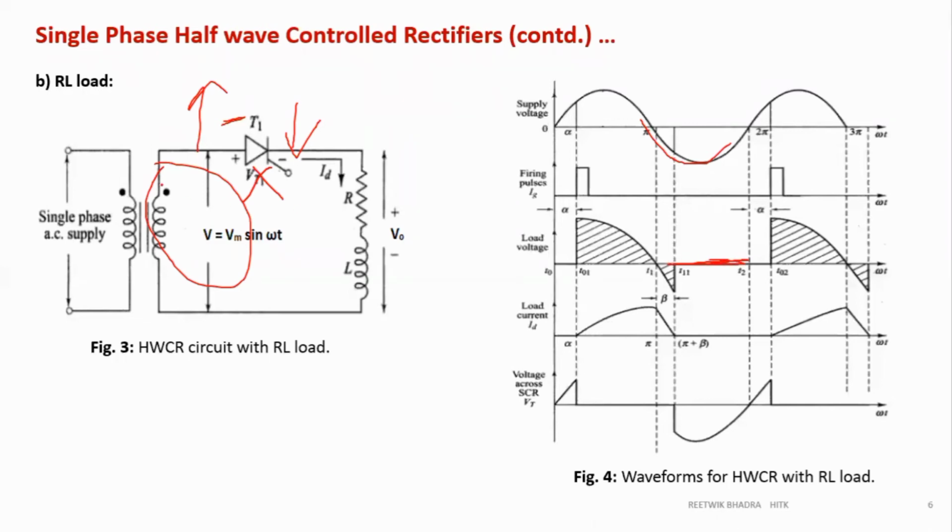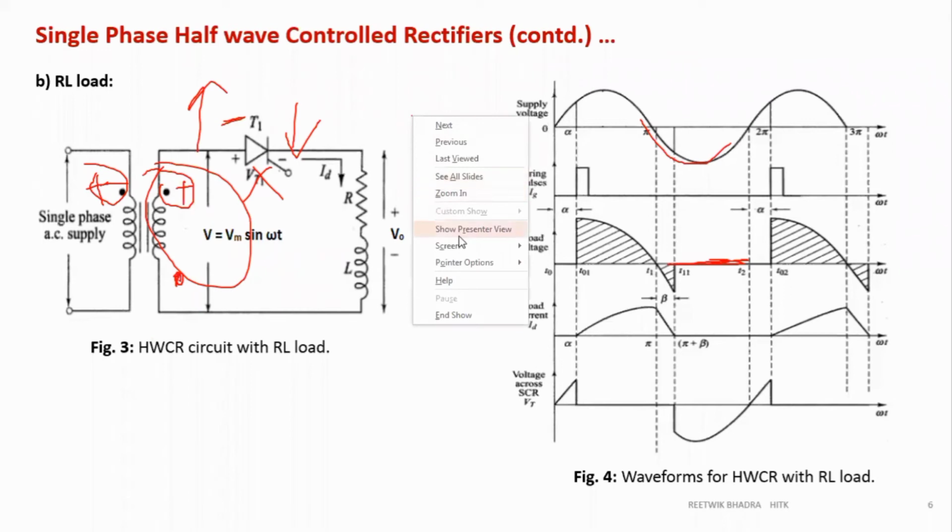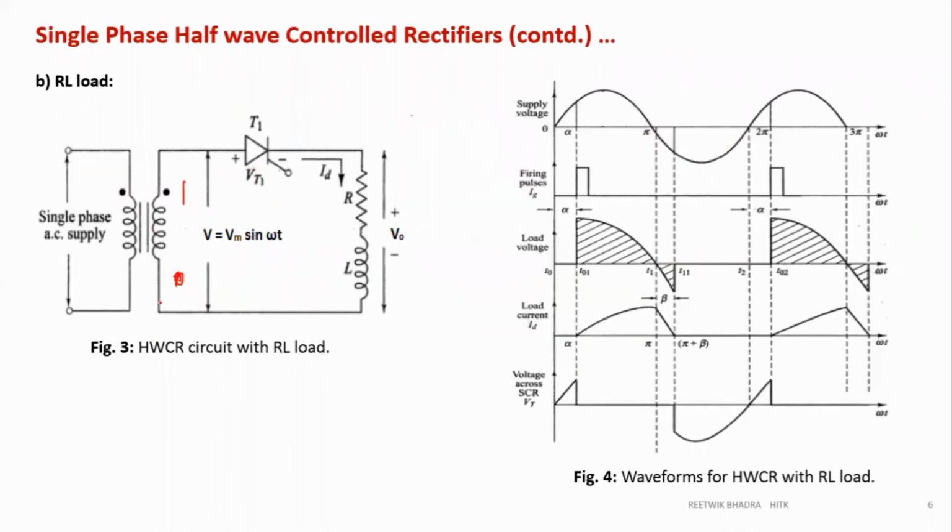Now clearly see that there is a dot convention used over here. Please, in your exam copy also, if you are showing dot convention, then follow this only. If you are not showing it, then it is well and good, no problem. Means if this is positive, then only this is positive. You know what dot convention is. Then only this positive connected to this positive, it is on. If you draw the dot convention wrongly, it will go the opposite way. Please follow the dot convention if you are drawing it. If not, no need to draw it.